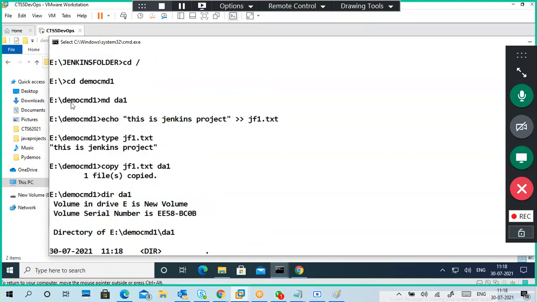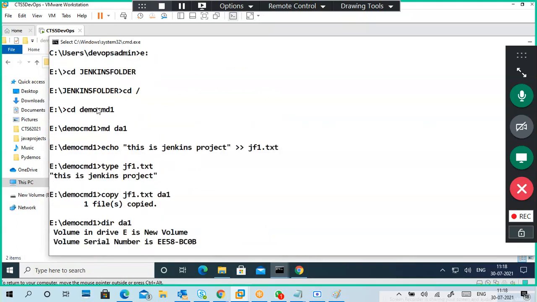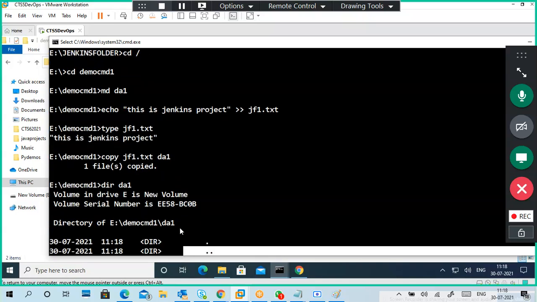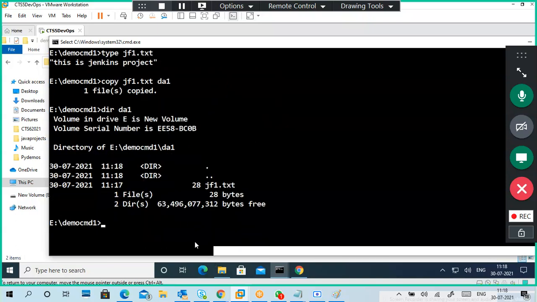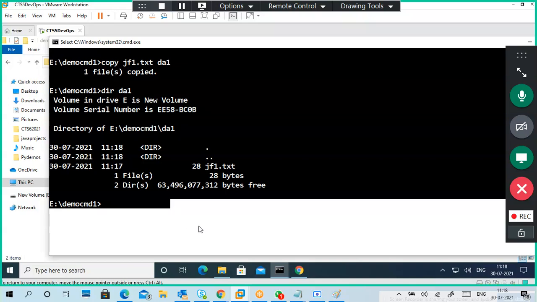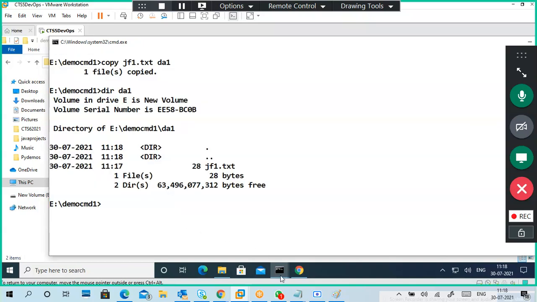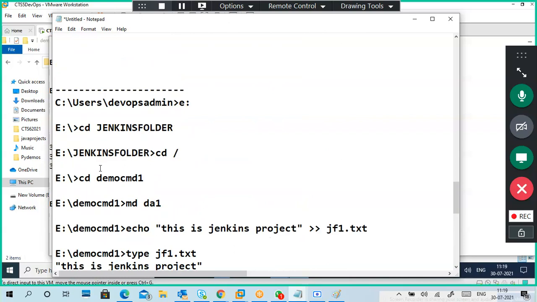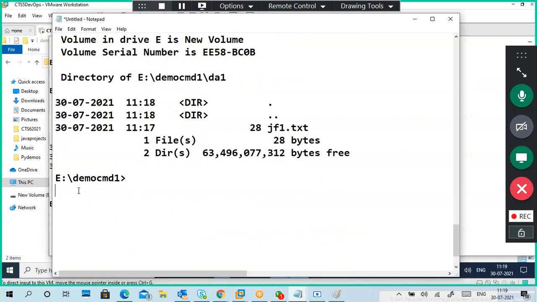If you want to copy these things, you can do it from here. So here is what I'm doing; it is complete in my cmd.